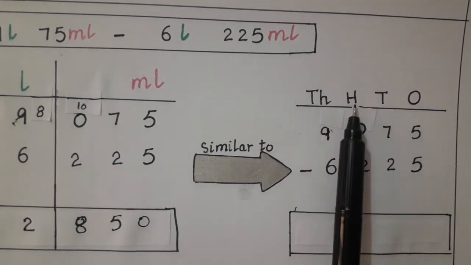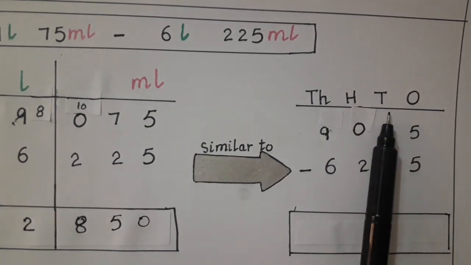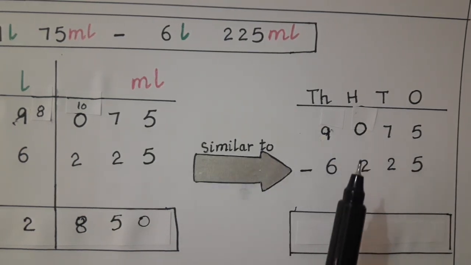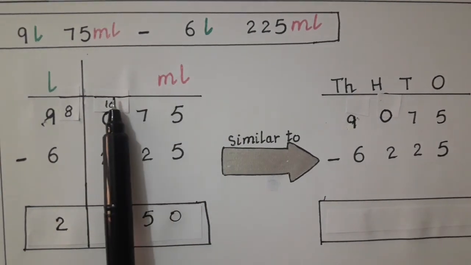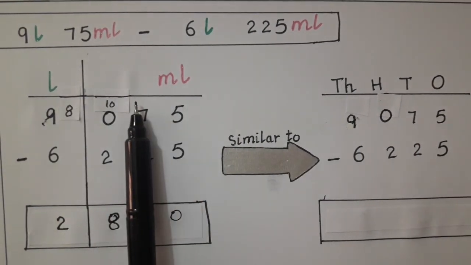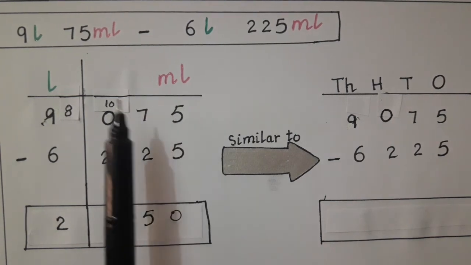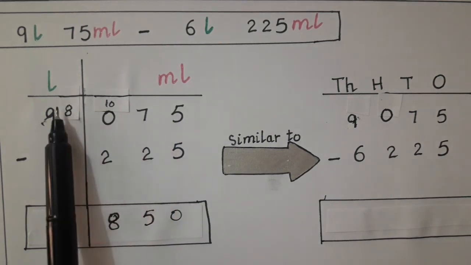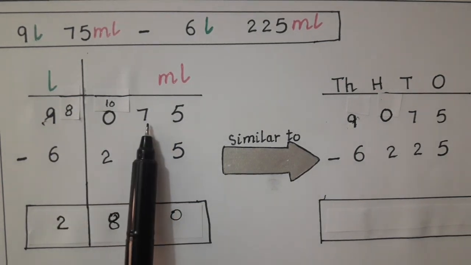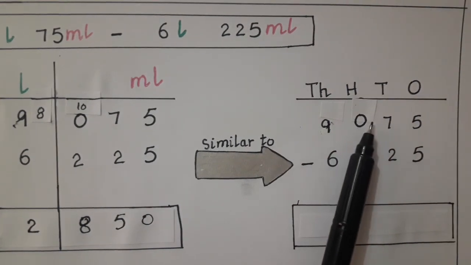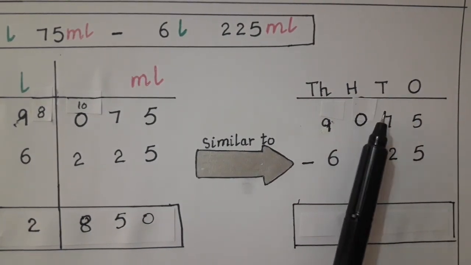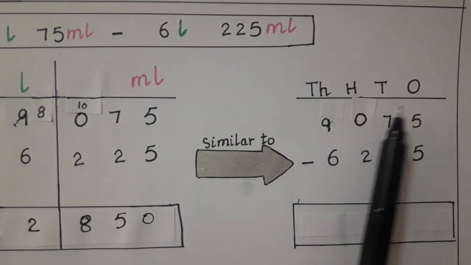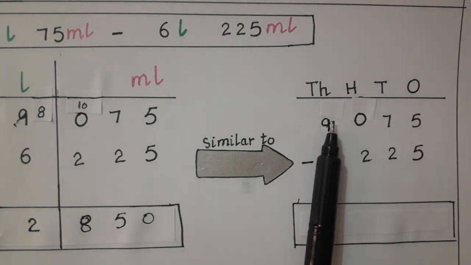In the same way, students, you just know that both of these have the same number, so you need ones, tens, hundreds and thousands so that you can arrange your numbers in an easy way. If you feel any problem, you can write ones, tens, hundreds and thousands over here. If you don't understand where you have to arrange one number or two numbers, you just write here ones, tens, hundreds and thousands, so that you can easily arrange the numbers. That's why I told you this method. This method is used so that you can arrange the numbers in the correct way.